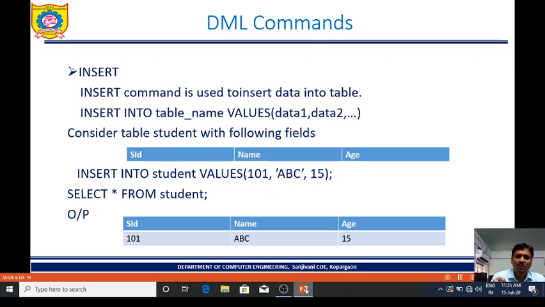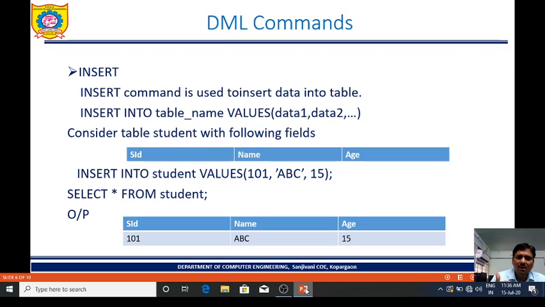Now 101 will be stored as a first value in SID column. ABC will be stored as a first value in name column, and 15 will be stored as a first value in age column. So one record we are going to insert, that record contains three values 101, ABC, and 15.